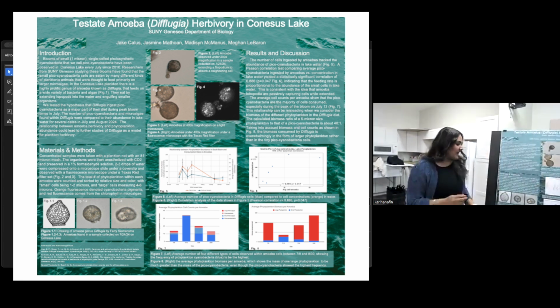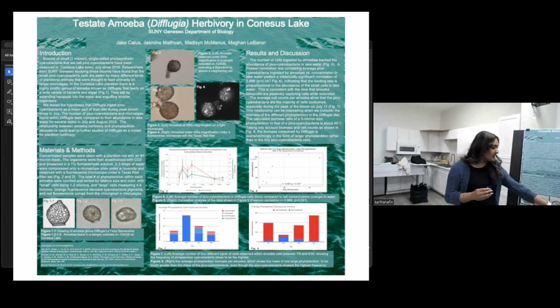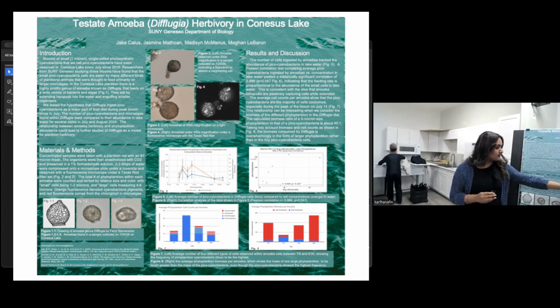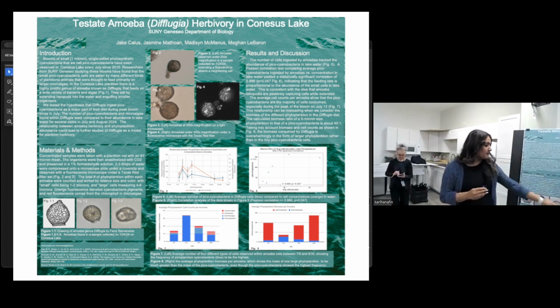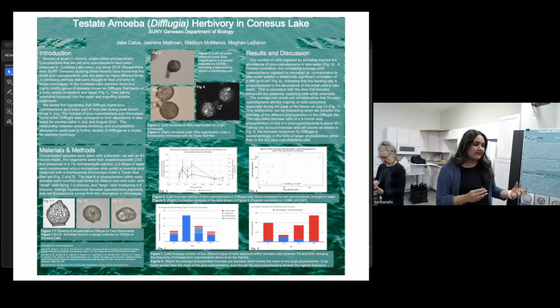So we counted the number of phytoplankton in each amoeba. And while doing that, we noticed that in figure 7 on July 13th, there was a higher peak of number of phytoplankton in the amoebas, which matches with what we got before, with one of the peaks being on July 13th. Our blue measures are smaller phytoplankton, while the red measures our larger phytoplankton. So as you see in figure 7, there's a peak on the 13th. However, when looking at whether this has nutrition and substance for the amoebas, these smaller phytoplankton actually don't.